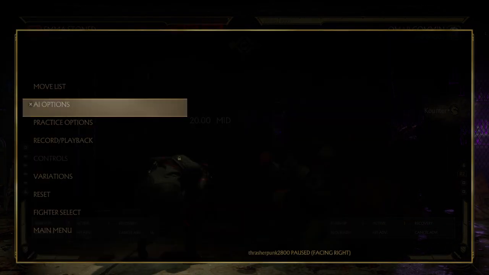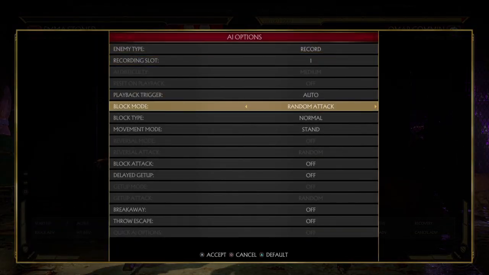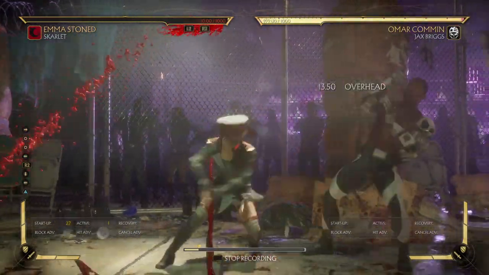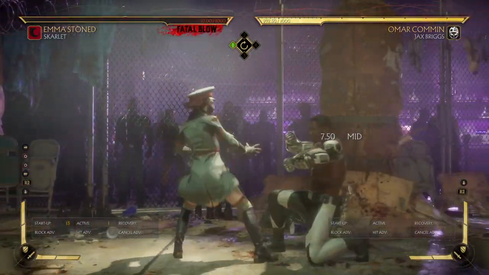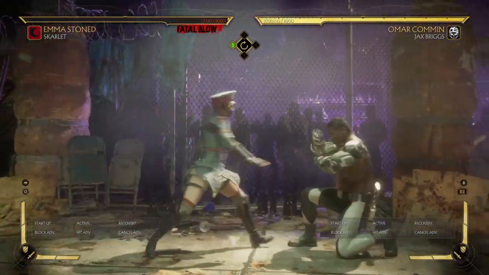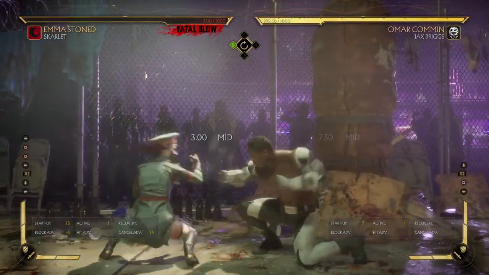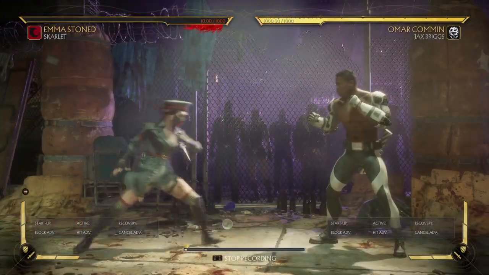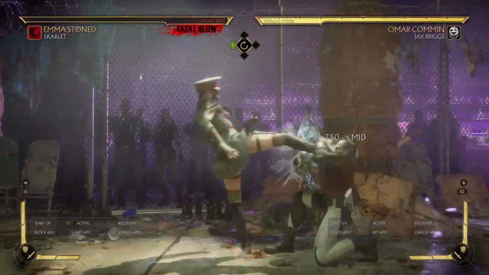So here's the thing. If your opponent is good, like you have a really good opponent, and you know they're not gonna fall for that, do this, step back, boom, overhead. Just like that. Right? So you can just get them just like that. Like for Jax, he has that annoying move. You could do this. Right? So now it's